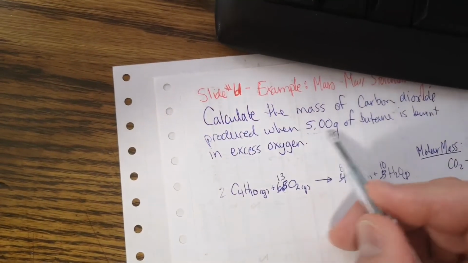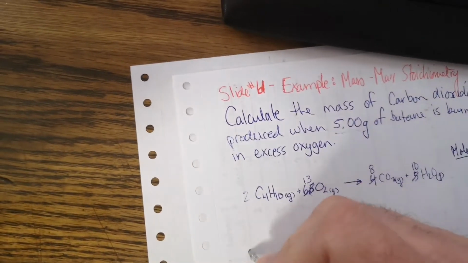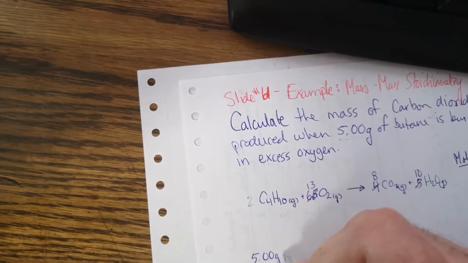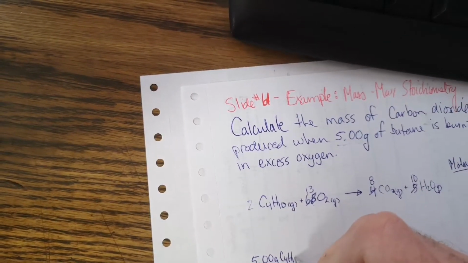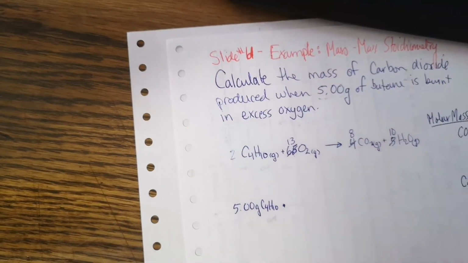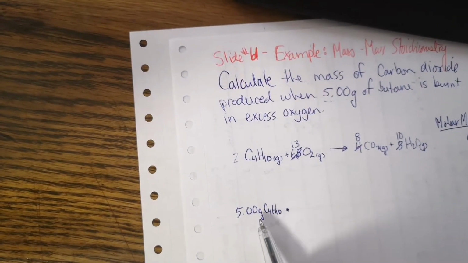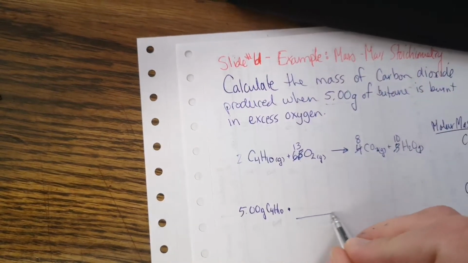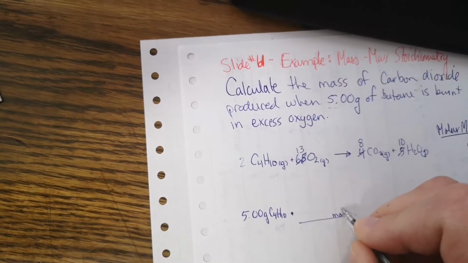Now we were given in the question that we have 5 grams of butane, so we have 5.00 grams of C4H10. Our first step is to convert this into moles. So we always want to convert our given substance first into moles. So moles of butane